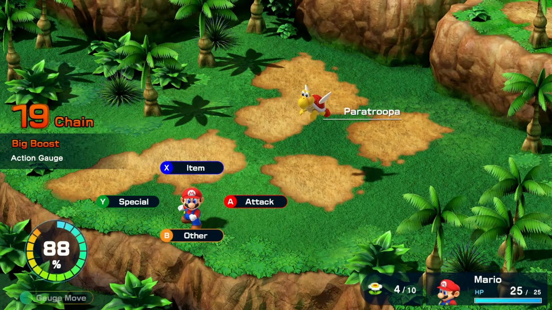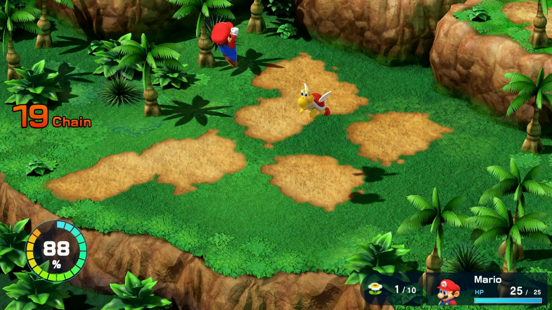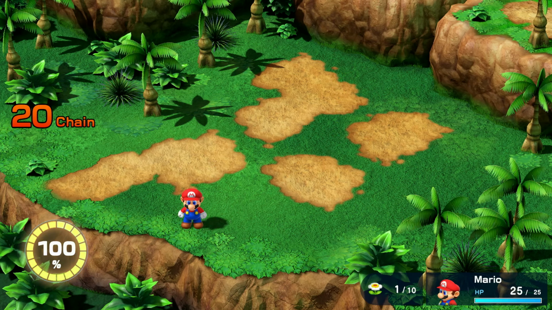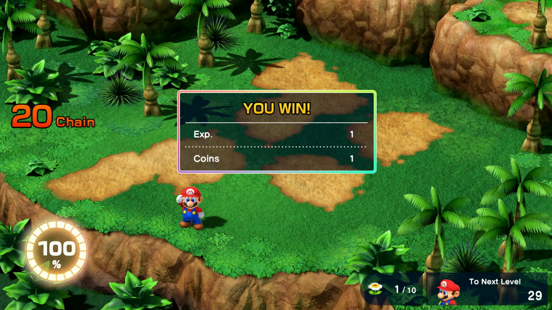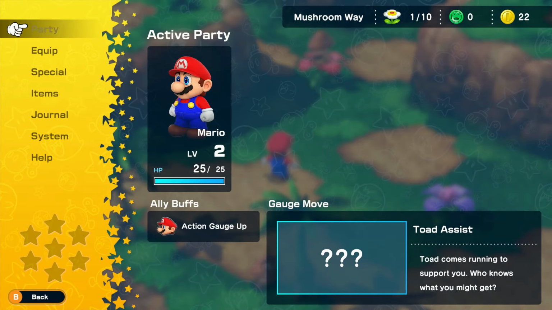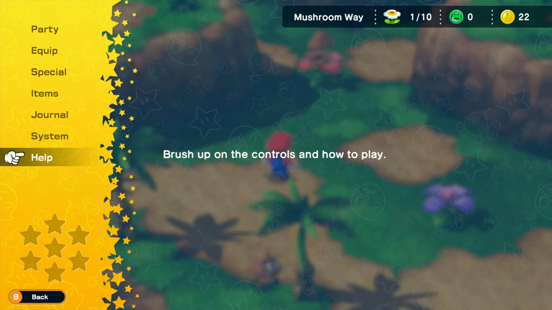Let's continue through Mushroom Way to the Mushroom Kingdom by delivering a perfectly timed hit to a paratrooper and filling up our gauge to 100%. Hooray! And by the way, as far as your confirm button for your commands goes,